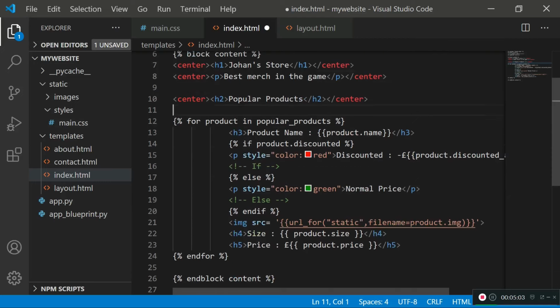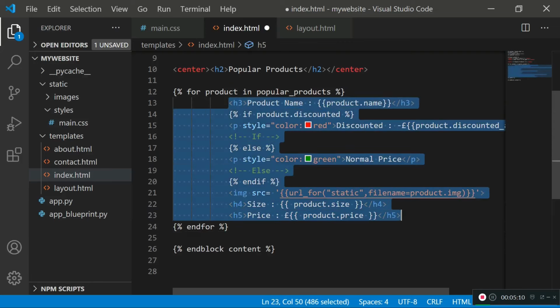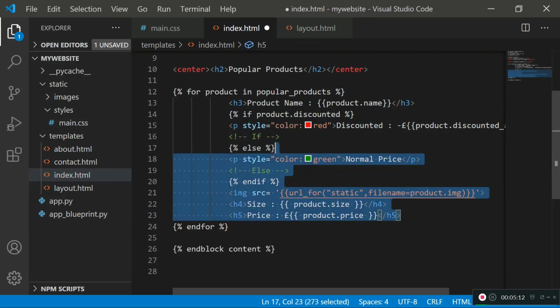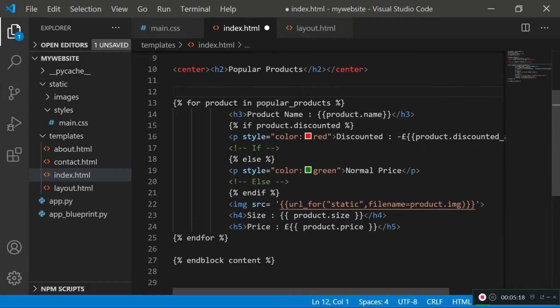As you see right here, this is where the for loop starts and this is where the for loop ends. The section between them displays each product as its own entity, which shows the price of the product, the name of the product, and the picture of the product. So we want to wrap all of this into a div. A div is like a container that can hold multiple elements together. So we're going to hold all of these elements